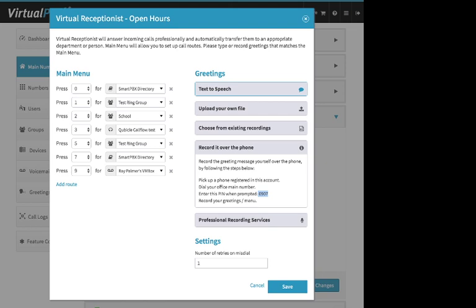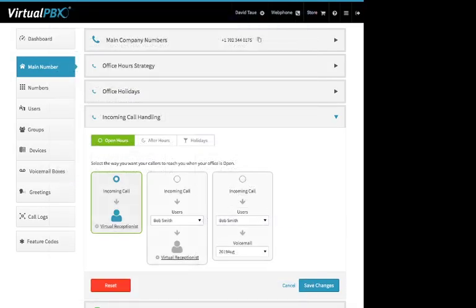And the way around that is you adjust your settings under the office hours strategy, so you can put yourself into closed mode temporarily, and then call in, create the greeting,